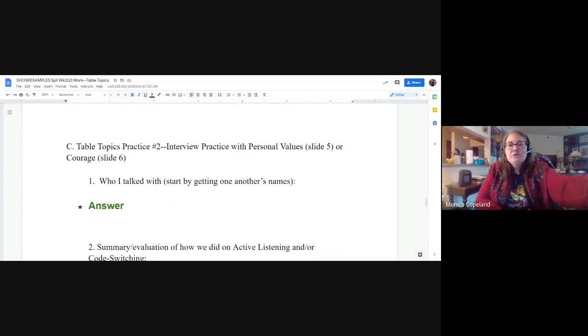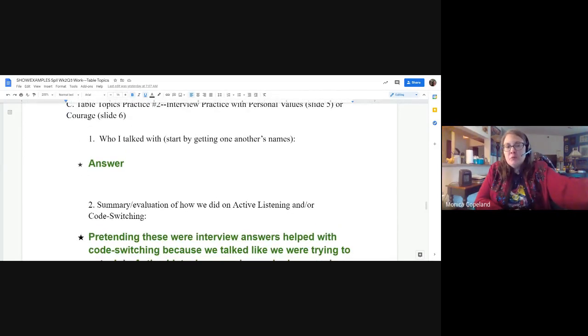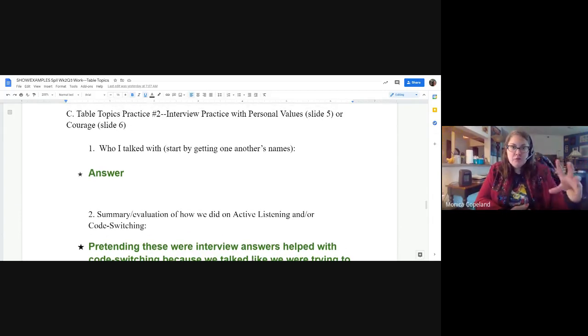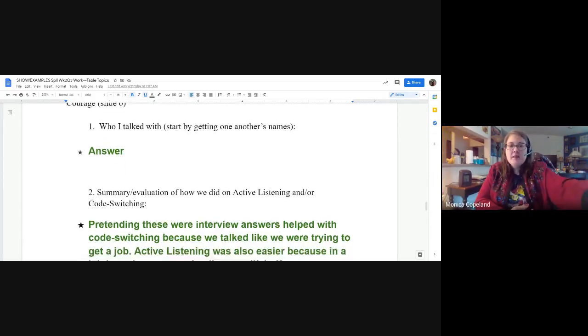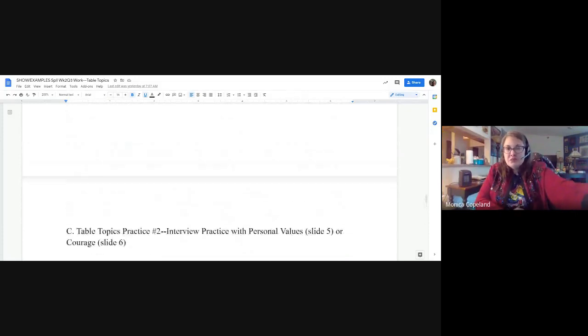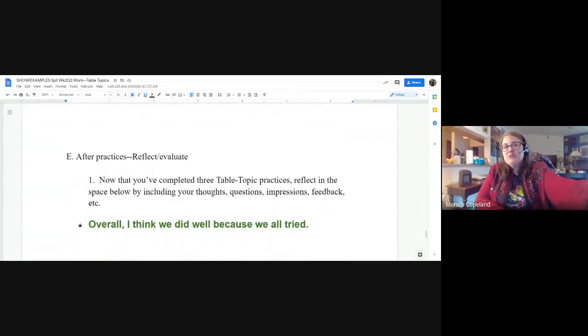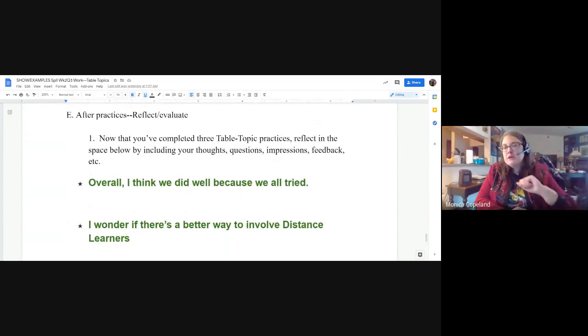Then you're going to repeat this process for all 3 of them. The only one that's a little bit different is going to be the middle practice. For that one, I want you to imagine that you're answering these as if you're in a job or a school interview, as if you're trying to get something. So your answer may be a little bit different for the evaluation on that. Okay, that's what you're going to write today. And then finally, once we've practiced all of these, you're going to write a short reflection.